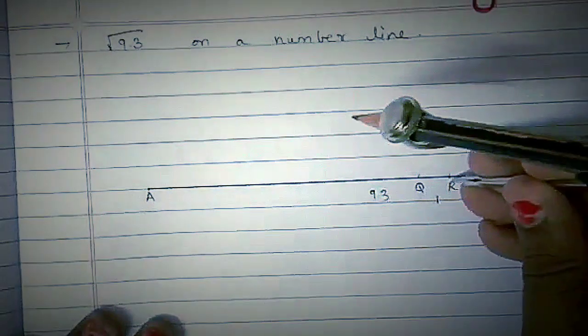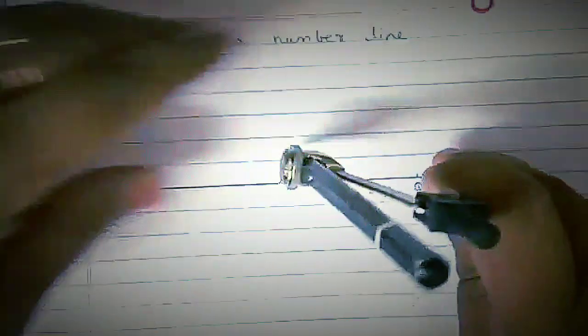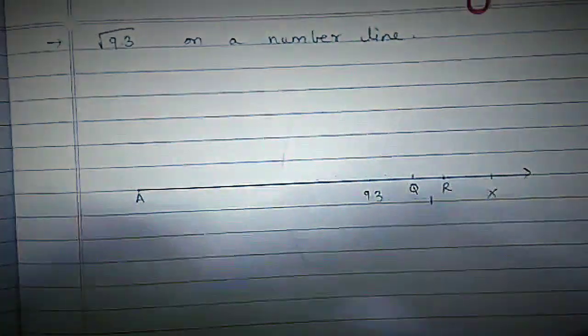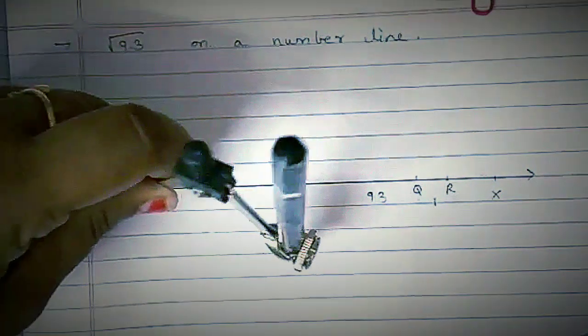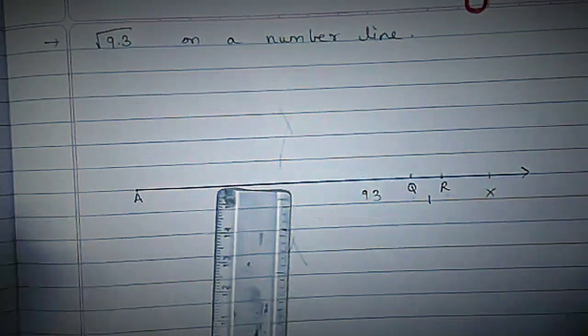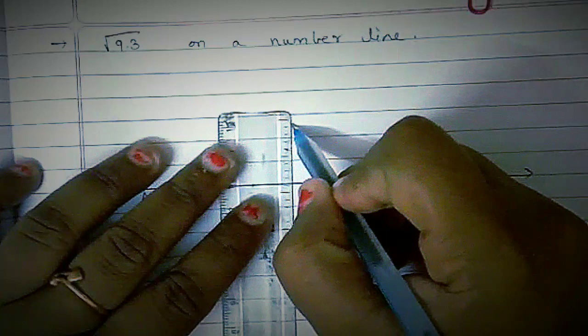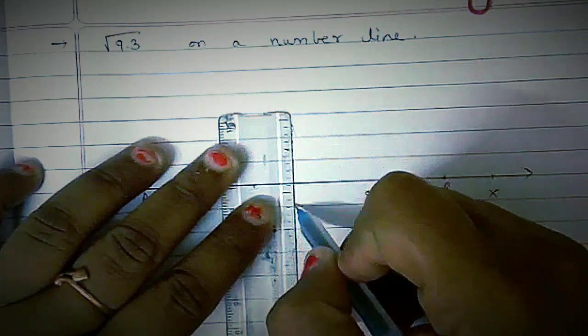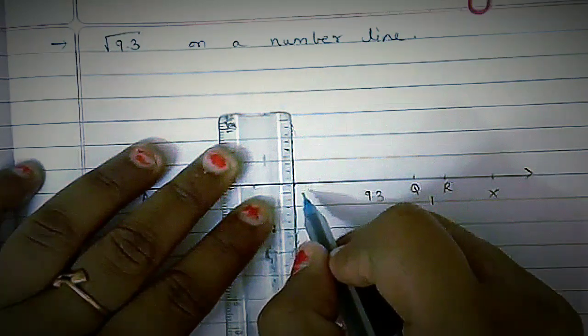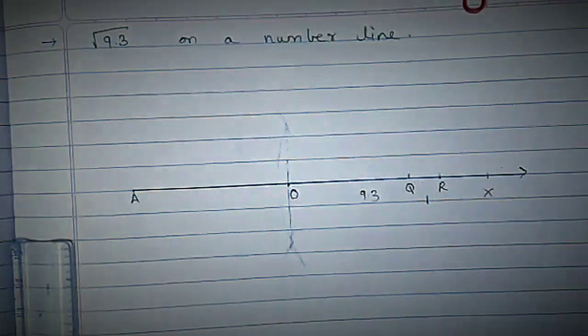All of you have learnt in your previous classes how to draw a perpendicular bisector. So this is the way. I am taking R as a center and a radius exactly more than half of AR, right? So I have got the proper mark. So this is, suppose, point O, which is the center.